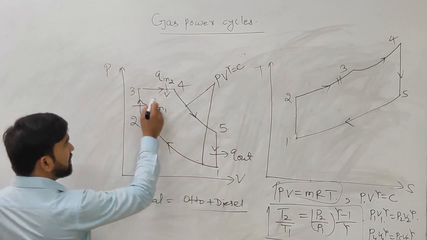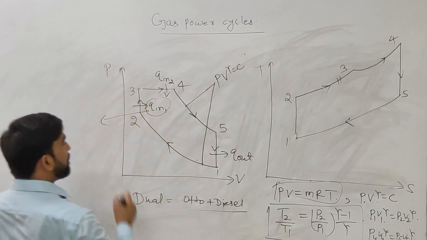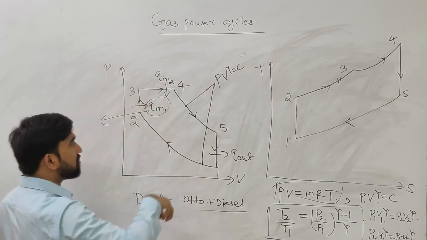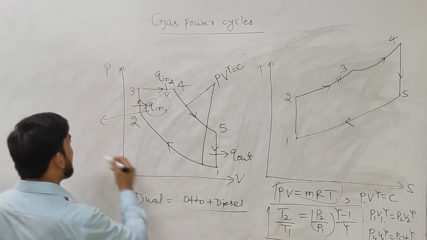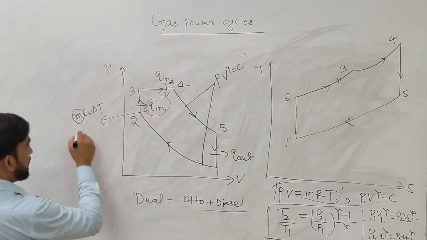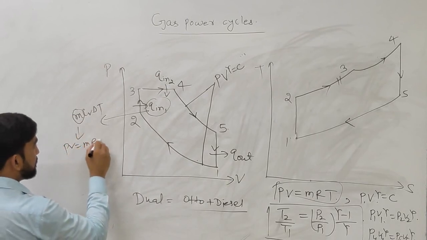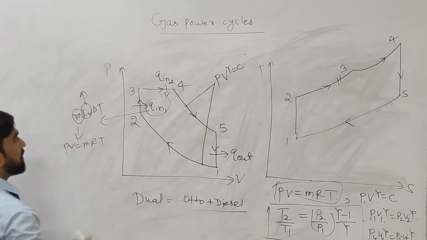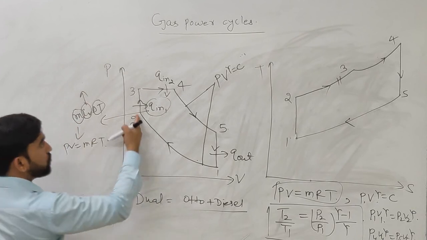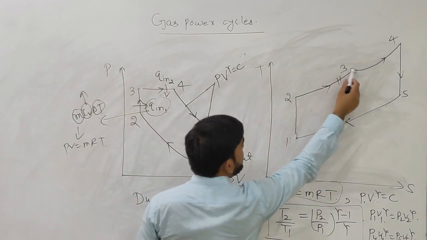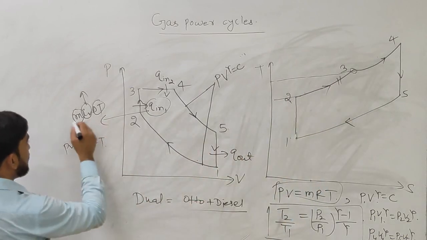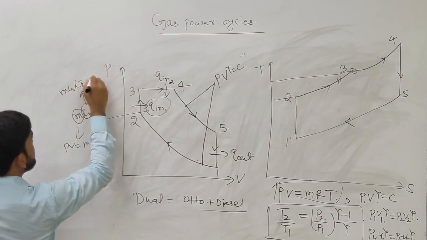And what is the Q in the case of the Otto cycle, which is a subset of this dual cycle? It can be calculated as mCv delta T. m is the mass, which can be calculated by PV equal to mRT, and Cv we can remember from Cp, Cv, R and gamma. Delta T is the temperature difference, so for 2 to 3, we can see that temperature 3 is more than temperature 2. So it is T3 minus T2. It is mCv (T3 minus T2).